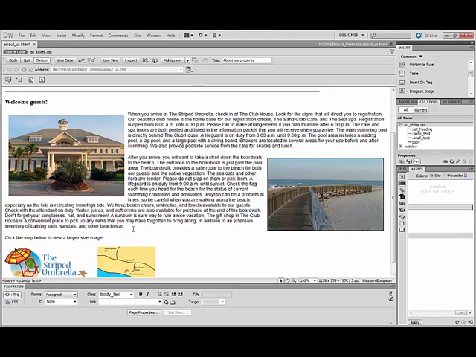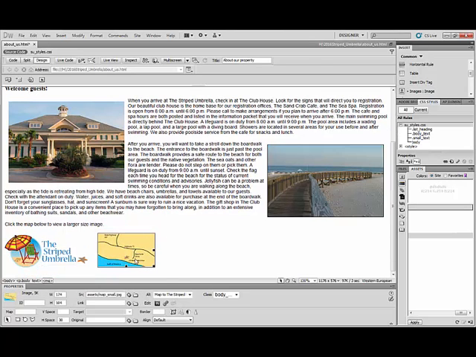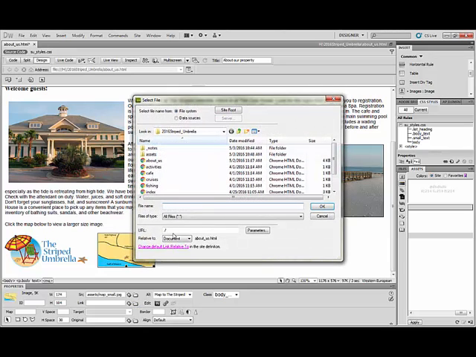Okay, so what do we need that image to do now? Link to a bigger image, right? Okay. So what we have to do is I'm going to select that small image, and I need it to link. Now, all of the links we've done before have been to what? Pages. Would you agree? So we've linked to other pages, but we can do the same thing, but just link to an image. So what I want to do is right here in the link section, I'm going to go ahead and browse to File, and I'm going to go back on the network,